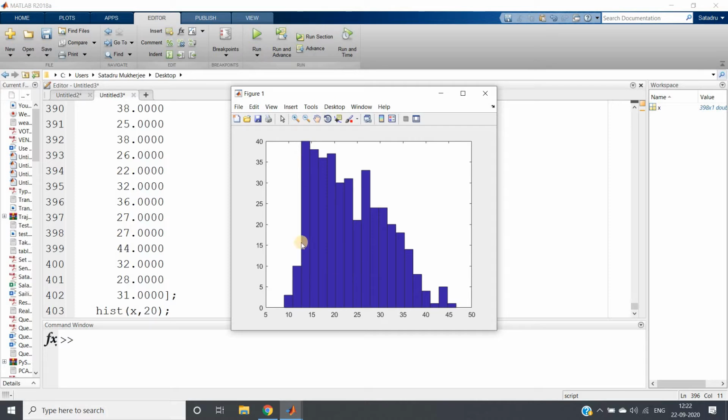If you look at the histogram, its shape clearly tells us that the majority of the data set is concentrated in the smaller values of x, and that a small number of values are present in the right hand side, which have quite high values. The tail is in the right hand side. So from the outlier point of view, there is a possibility that outliers are present in which direction? Positive direction. So again, the histogram is giving us an idea about the direction of the outlier.